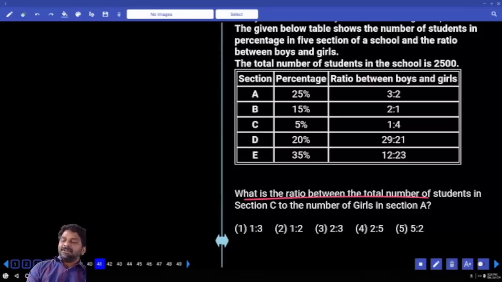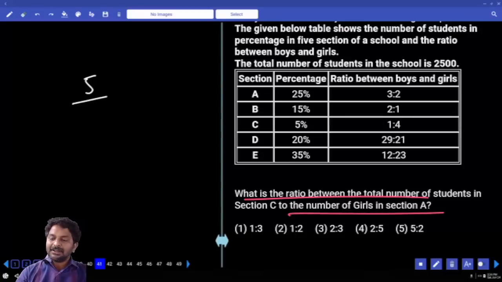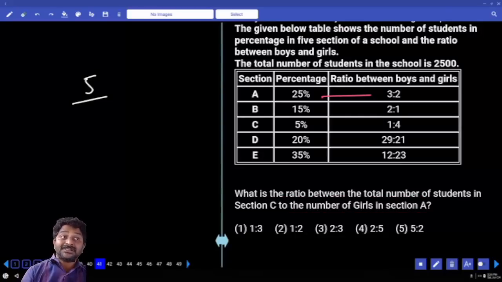What is the ratio between the total number of students in section C to the number of girls in section A? Section C is 5. In section A, one part was 5%. Now we need girls, right? How many parts? 2 parts. That is 2 into 5%. The 5% gets cancelled. Answer: